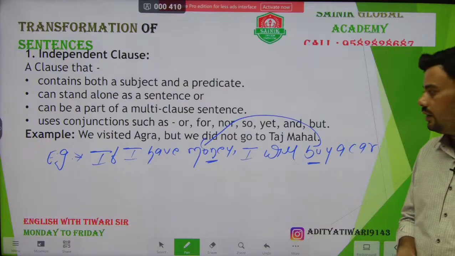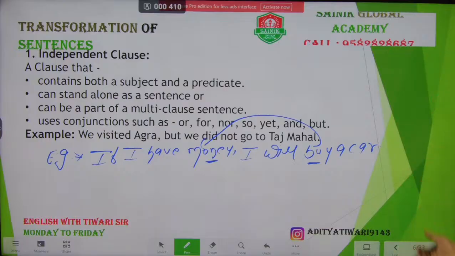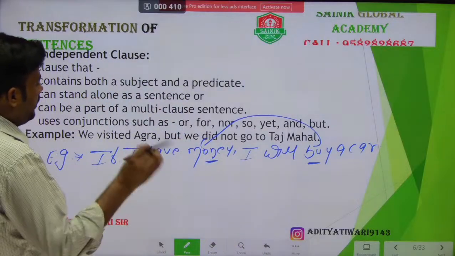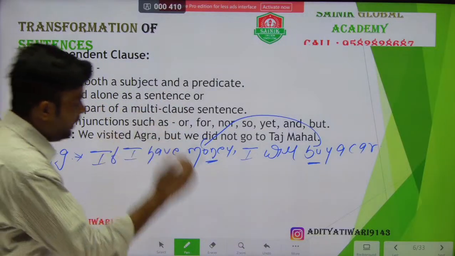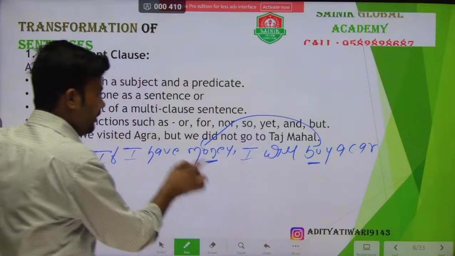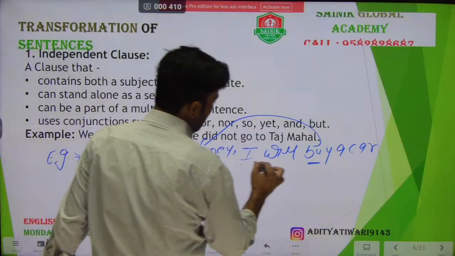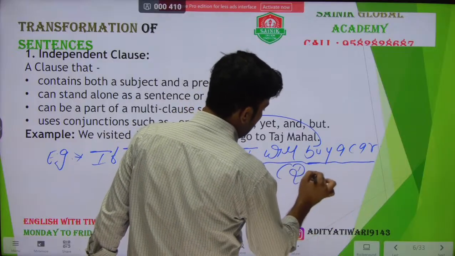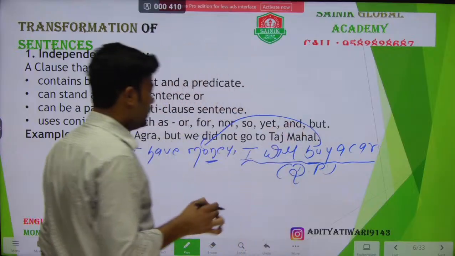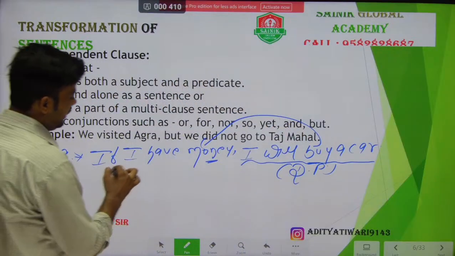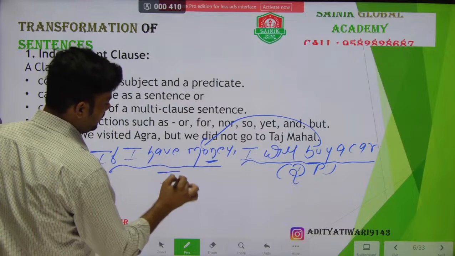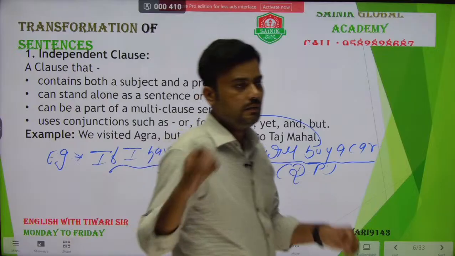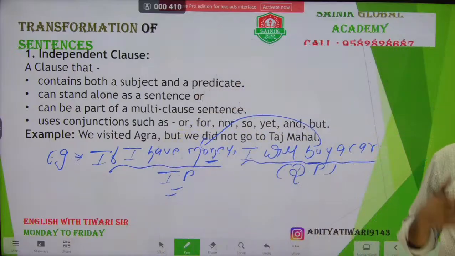See what I have written: if I have money, then I will buy a car. So we can see that we will buy a car when we have money. So buying is depending upon having money. So this part will be known as a dependent part. We can also call it a dependent clause. And here, if I say I will buy a car, then this is the independent part. Here I am not teaching you clauses. I am just making you understand which one is the dependent part and which one is the independent part.